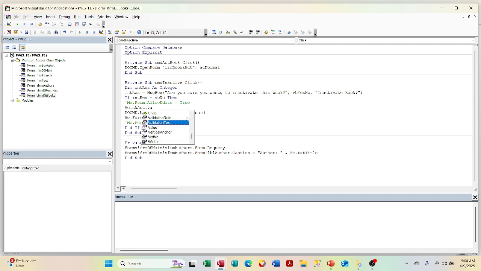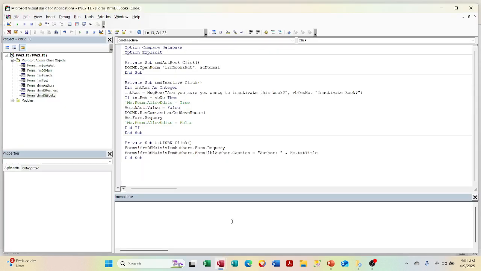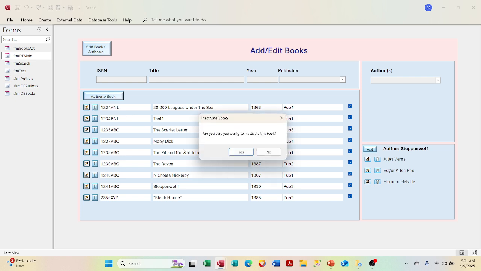I don't think I need to worry about value, but let's try that equals false. It may very well be the fact that I cannot set it to the actual control, but to the value of the control, which is probably what it should be set to. And it ain't doing anything there. Let's take this one out here. I wonder if it's that for which it